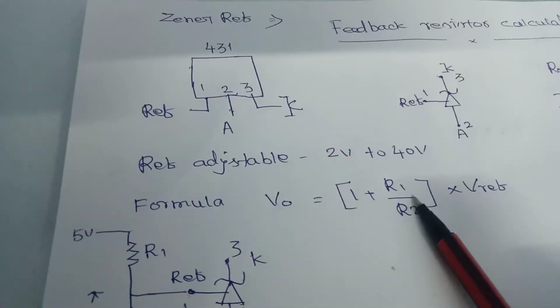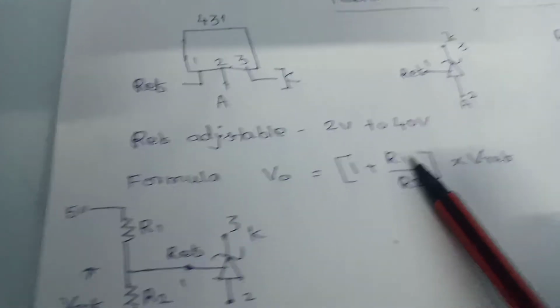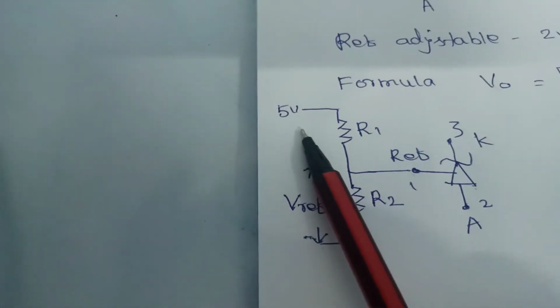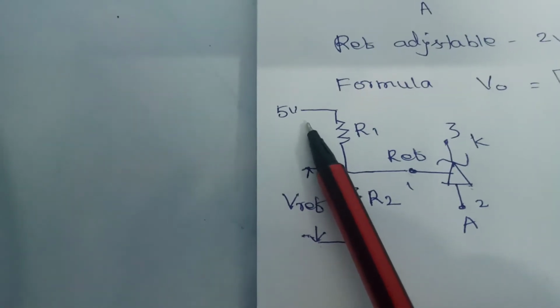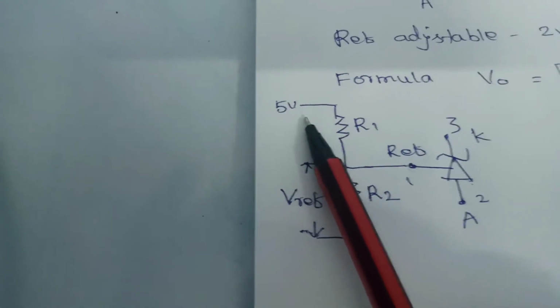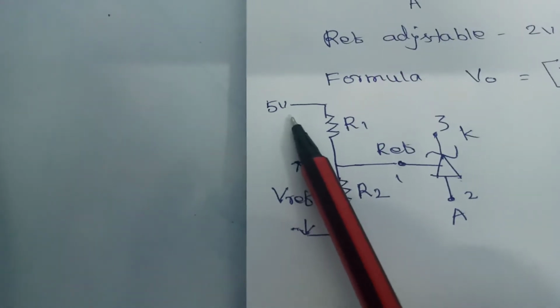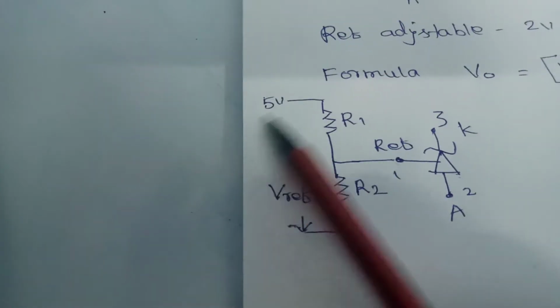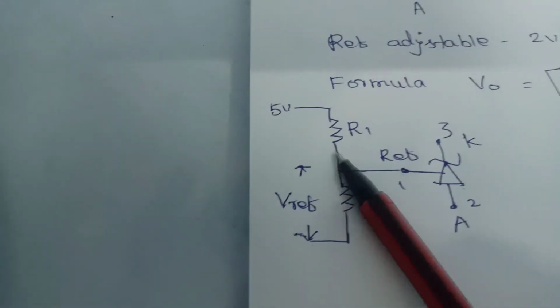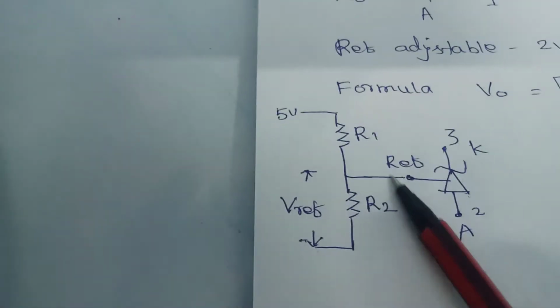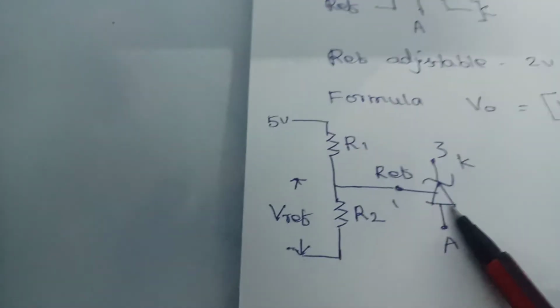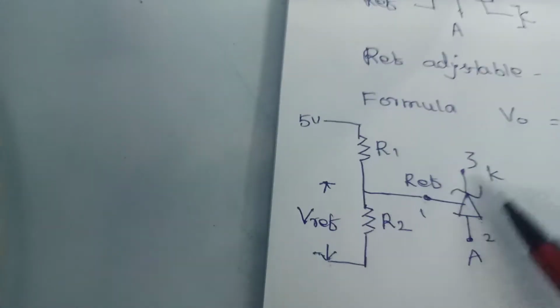Coming to the diagram, I need an output voltage of 5 volt. The output section is where you are converting the voltage. Depending on how much voltage you need, maybe 5 volt or 12 volt or 6 volt, you need to calculate this feedback accordingly. So my output voltage is 5 volt, as I am assuming here, and my R1 and R2 will be there.